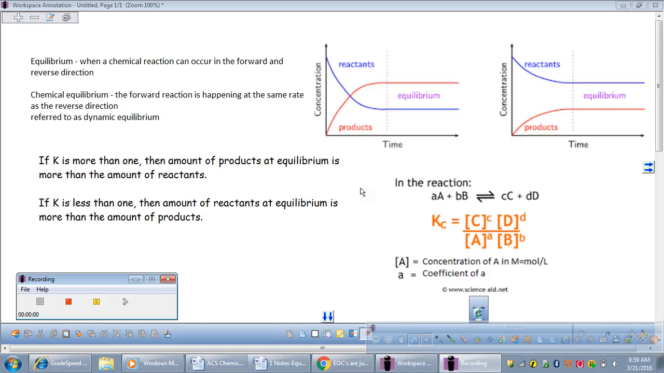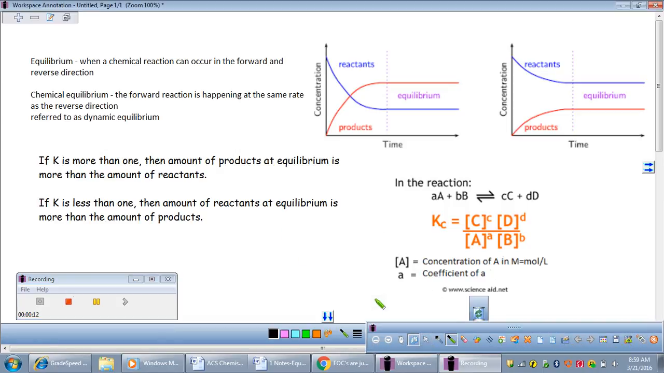Alright, so we are going to be learning about equilibrium. Equilibrium is when a chemical reaction can occur in the forward and backward motion. So reactants can become products, and products can become reactants. In a chemical equilibrium, the forward reaction is happening at the same rate as the reverse direction. So that means that the rate at which reactants are becoming products and products are becoming reactants is exactly the